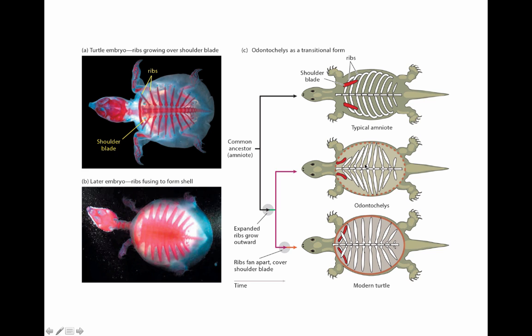As you can see, these ribs are straight out and flat as compared to a typical tetrapod or amniote vertebrate, where they curve along the body wall. But they don't fan forward like in modern turtles to cover and go over the top of this shoulder blade. They're sort of lined up alongside of it. So this is another example of a transitional fossil that's intermediate between these amniote ancestors, this feature that's shared by all amniotes, and so we know it would have been present in the ancestor of turtles and the living descendants,